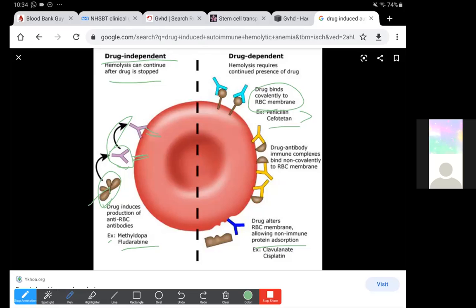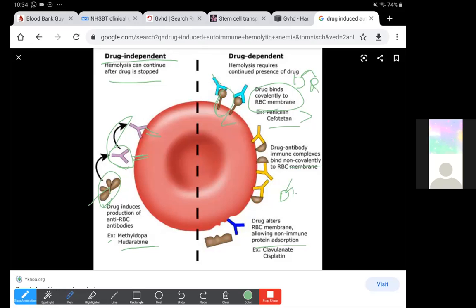The drug binds covalently to the RBC membranes, and then it causes the epitopes to become antigenic, and this hapten then induces the antibody formation. And then this is another type of drug dependent mechanism, the drug antibody immune complex. Here the drug binds to the RBC membrane first, and then it causes the antibody to become attached to this complex. Here the drug and the antibody are already complexed in the serum,